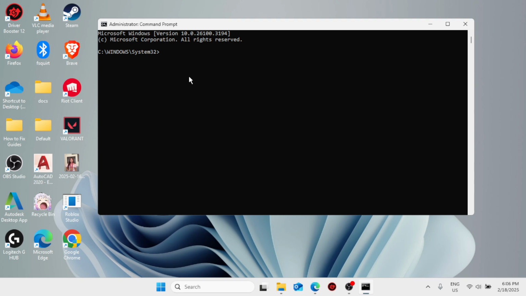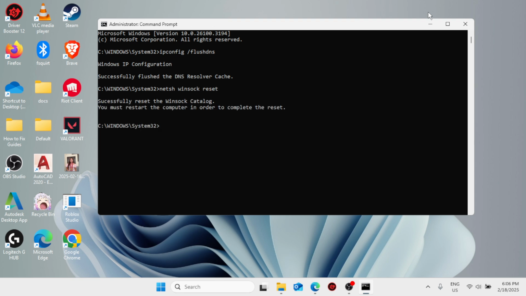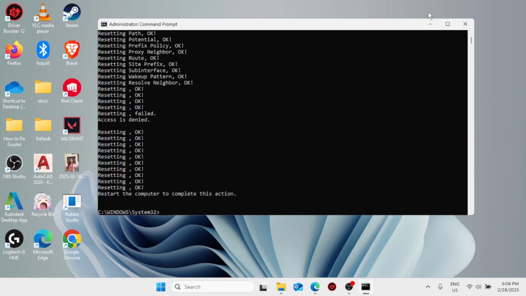First is ipconfig space /flushdns. Hit enter. Next command, netsh space winsock space reset. Hit enter. Next command, netsh space int space ip space reset. Hit enter. Next command,